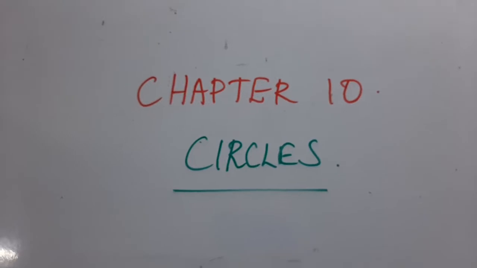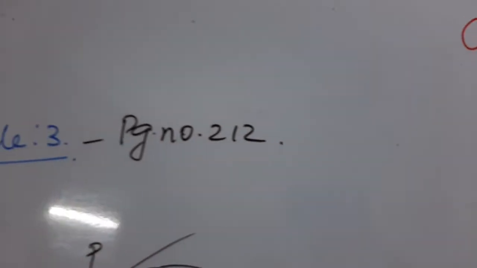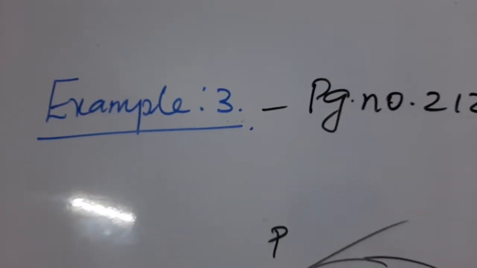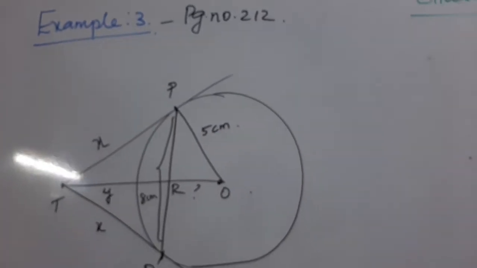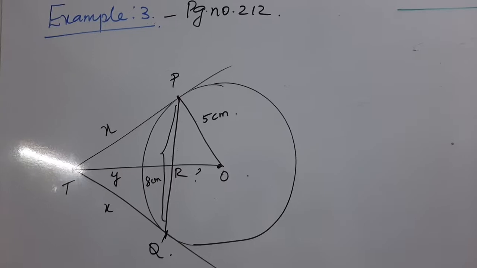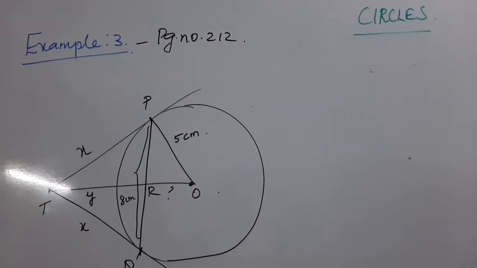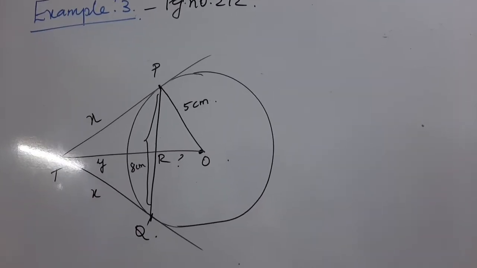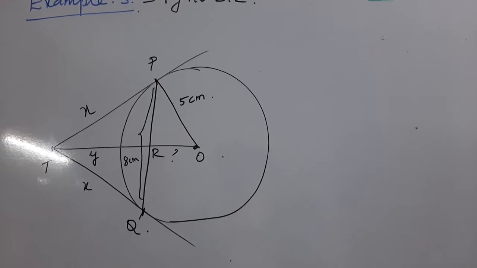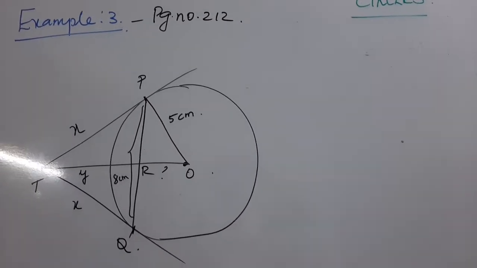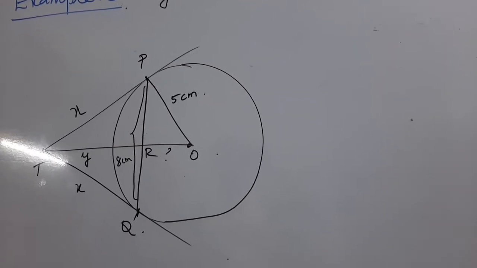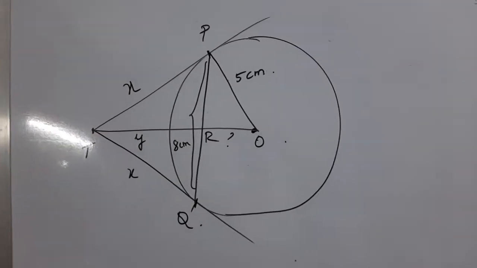In this video, we are going to solve example 3 from your content book. Turn your content book to page number 212, example 3. This is a very important sum. That is why I am explaining this sum here in this video. Don't follow the steps they have done in your content book. As I told you, they have done it in the toughest method. So let me explain how to solve the sum simply. This is an important sum.